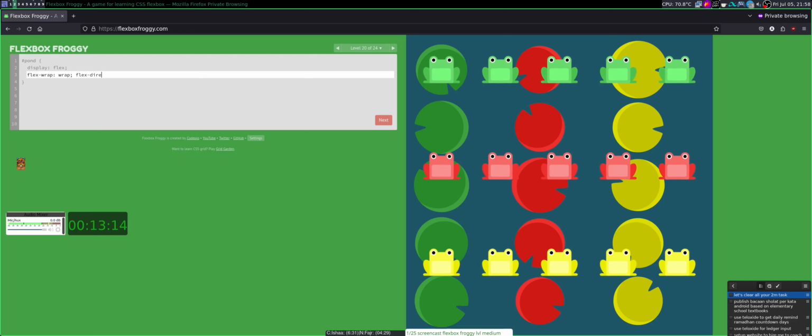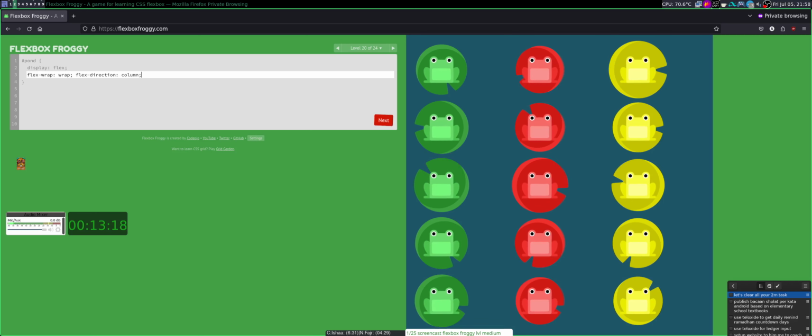Flag direction is column by doing one command only. This is using two lines separated by this semicolon. If I want to use only one command, it's called flag flow.